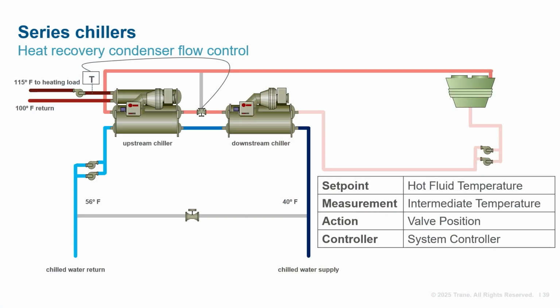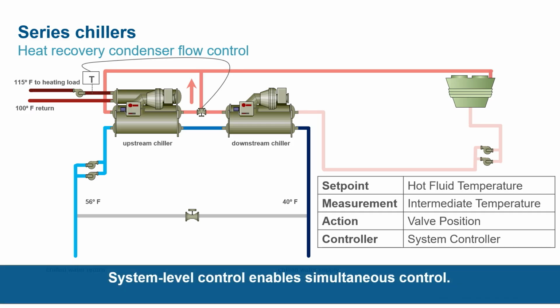As the leaving hot fluid temperature drops, divert flow to the tower to increase that leaving temperature. By diverting condenser flow that would have passed through the upstream chiller's standard condenser, more of the unit heat is directed into the heat recovery condenser, and the hot fluid temperature is maintained, enabling control of both hot and cold